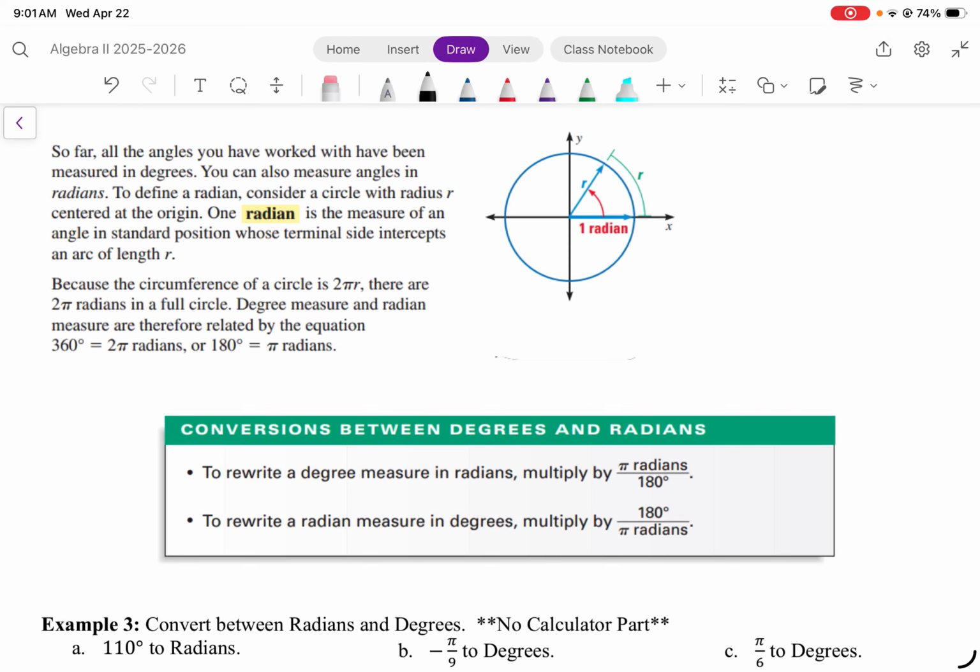The second part of 12.2 is going to be talking about radians. So radians is another way to measure angles inside of a circle. And it is important that you know that 1 radian is the measure of an angle in standard position whose terminal side intercepts an arc of the length r. So the length of this arc on the outside is the same as the radius, and that is what a radian is. When we are talking about radians, the entire circle is going to be 2 pi r,